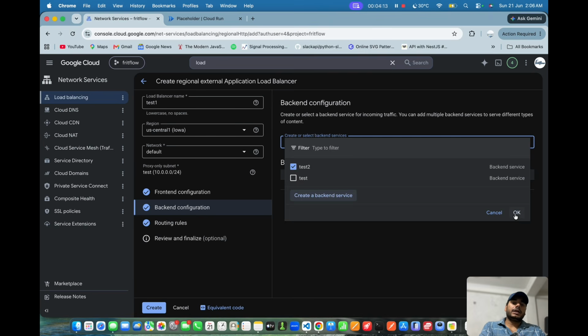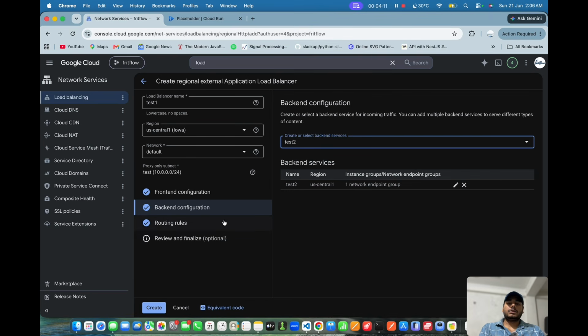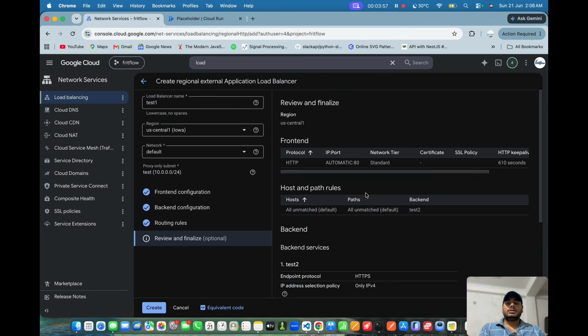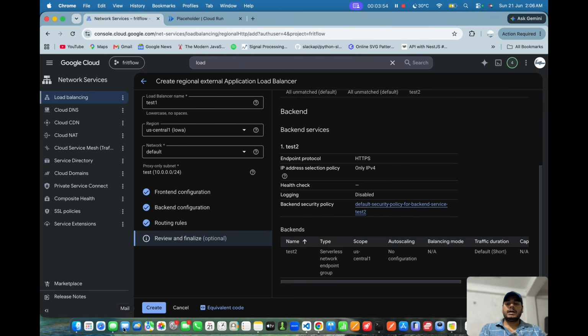Now we can click OK, and then go to the next phase, the routing rule. Over here in the routing rule, simple, advanced, host, we can just leave it as it is. We don't have to do any other things over here, like host path or matching things. Review and finalize: we can just come over here, review that everything is fine, then click on